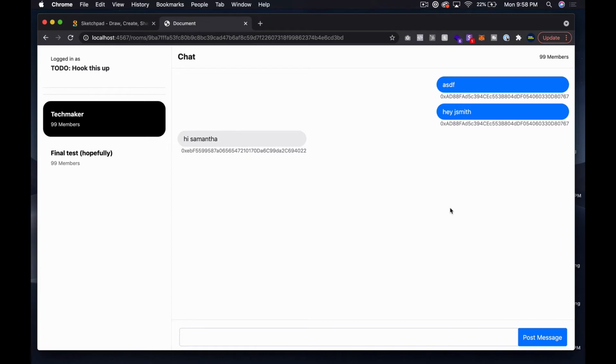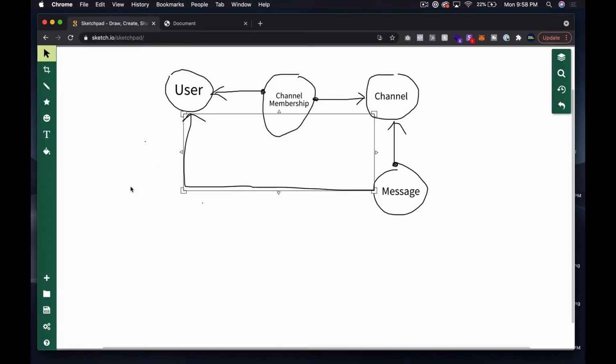I have a rough idea, but I want to talk you through the problem in this video back over here with our handy data model diagram that we drew, just so you can see why this is a problem and what we might be able to do about it. Okay, so